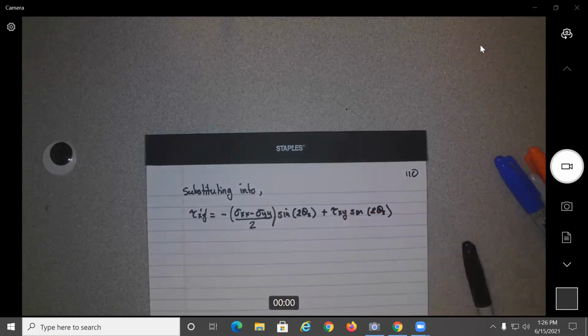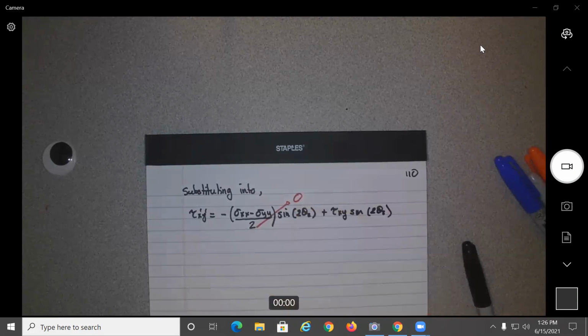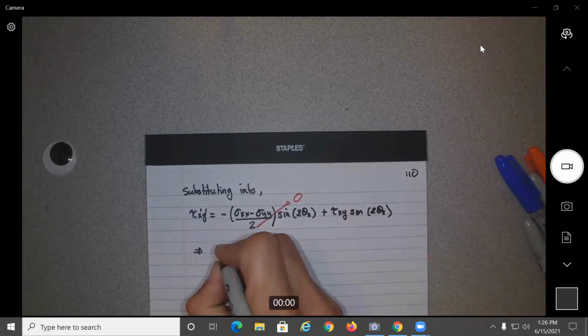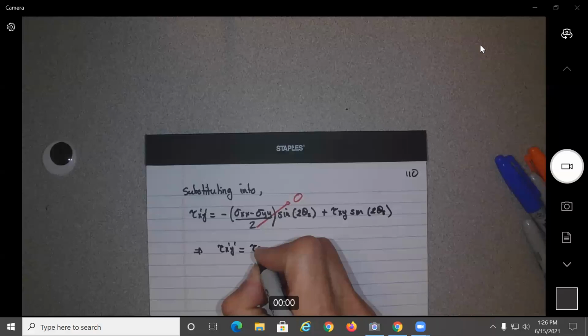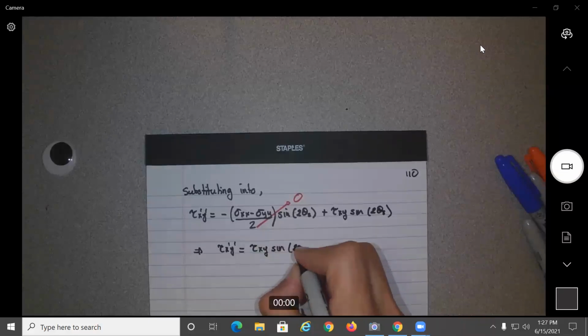So you can see right away that this term will be equal to 0. So basically, this is just going to give tau x prime y prime equal to tau xy sine 2 theta s,